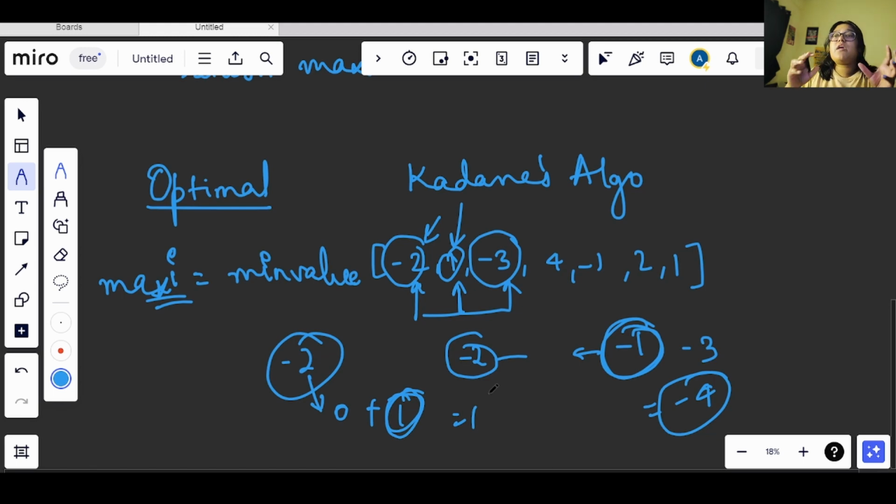So if we are not updating our sum, then what will happen? We will go on adding the negative values and we will not get the required answer, right? So for that reason, first we are comparing if the sum is maximum or not, and then if the sum is being negative, then we are updating that to 0, because we need to get the maximum positive value that is possible.